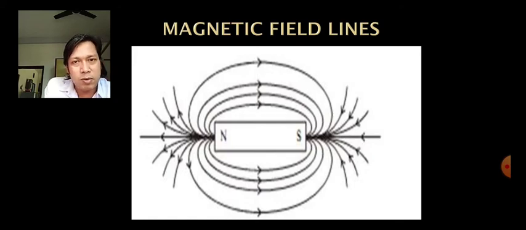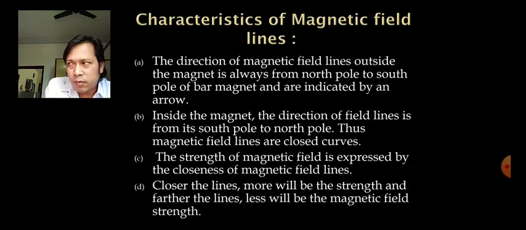When you conduct the second experiment, which we conducted with the help of a bar magnet and a compass, what you can see are called magnetic field lines. They emerge from the North Pole and end in the South Pole, and you can see there is a dense number of magnetic field lines at the poles, that means at polar regions. So the magnetic force is maximum at the polar regions, that is at the North Pole and South Pole of the magnet. Some characteristics of magnetic field lines are very important, you need to know.